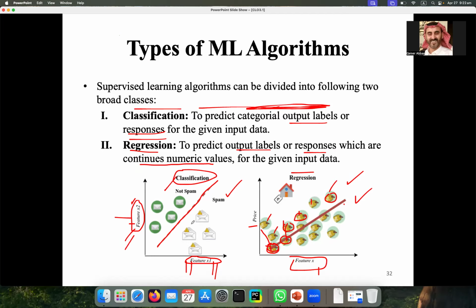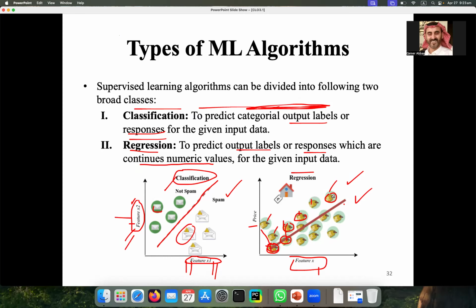Like here, that this email is spam or not spam, no any other thing. So here the renting amount can be 2K, it can be 5K, it can be 15, 20, 60, 70 or 80, different amounts. So the amount is continuous. I cannot say that this is bounded in one category.